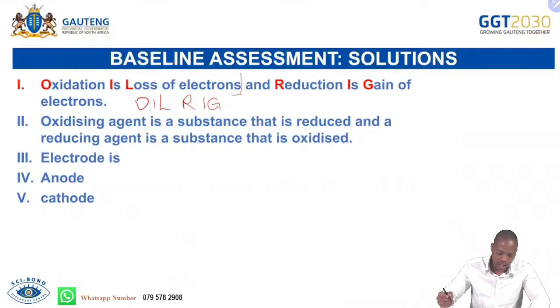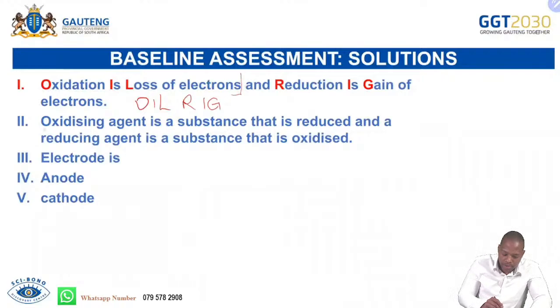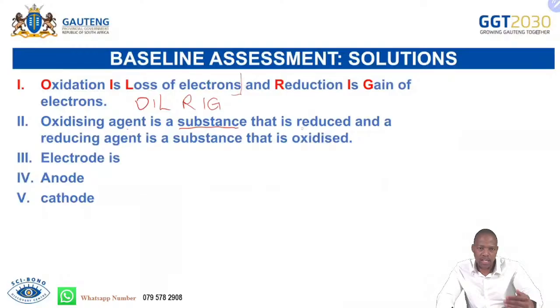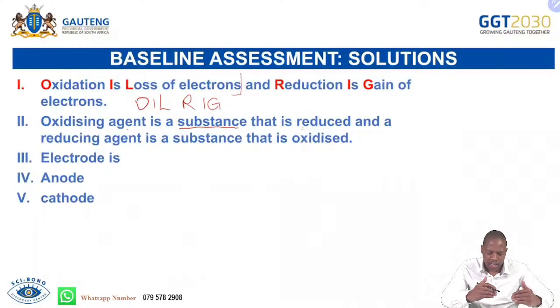Right, and then are we able to differentiate between oxidizing agent and reducing agent? Yes. An oxidizing agent is a substance that is reduced. An oxidizing agent is a substance that is reduced. And I think this is where most of you start struggling, because now I'm saying oxidizing agent, but now I'm saying it is reduced. Now you have to remember, it is undergoing